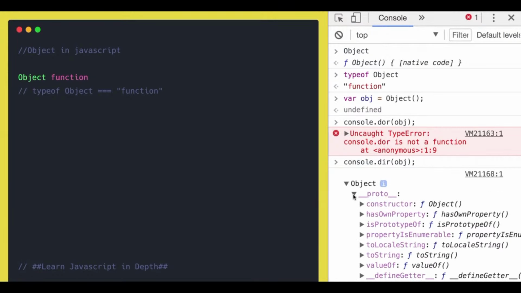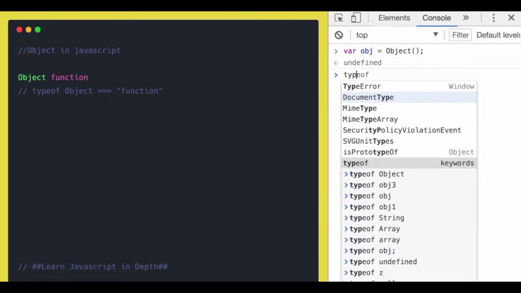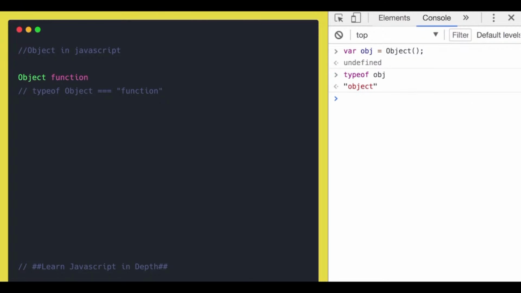Right, so it's an empty object having only Proto, and the constructor of this object is pointing to the function object, right? You can see it. Now, what are the different ways of creating the object? So whatever we did here, if you do the type of object, it is an object, right? Because we got it from the object function,